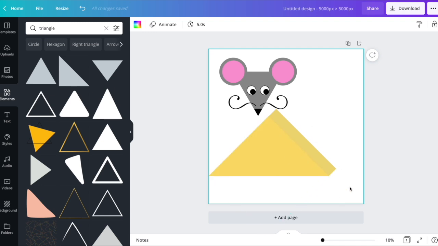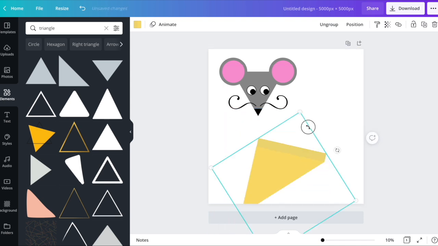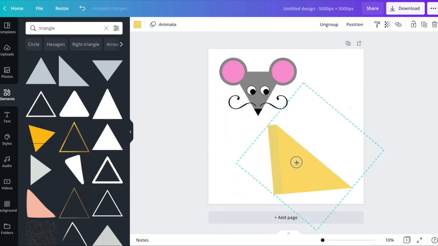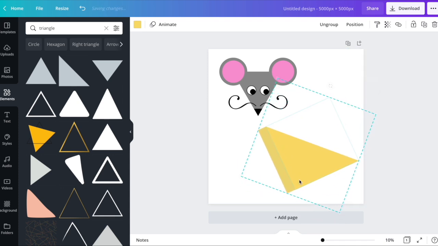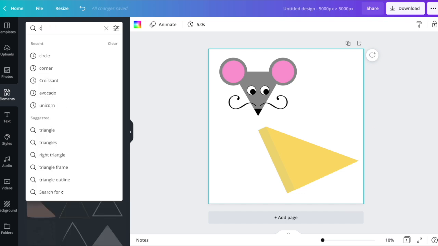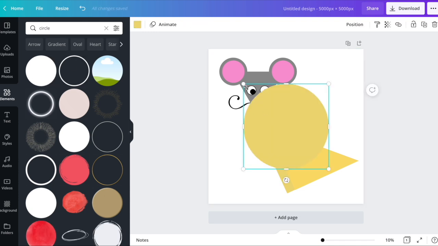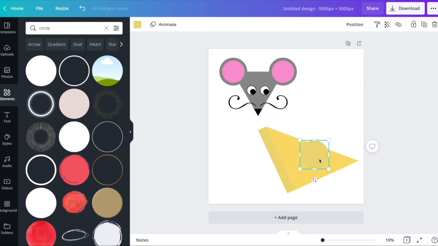And now I have this triangle. I can select all of these, group them together so I will not lose it. Maybe let's put it in a very aesthetic form. And we need holes on our cheese, so let's choose circles. They're going to give us the best holes. And let's just take this circle and take another one, make it a bit smaller, tighten it up onto the